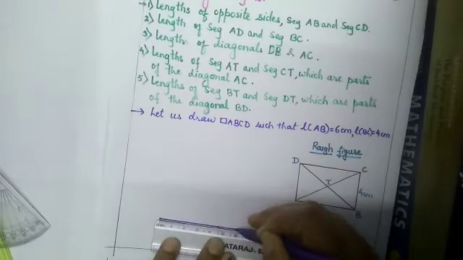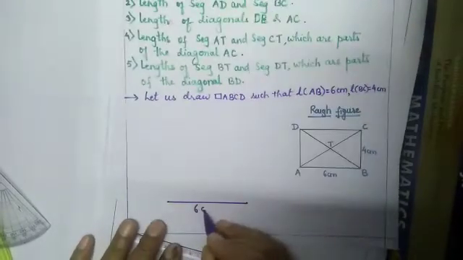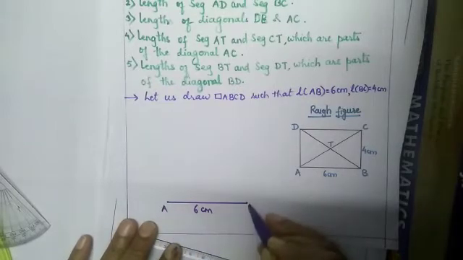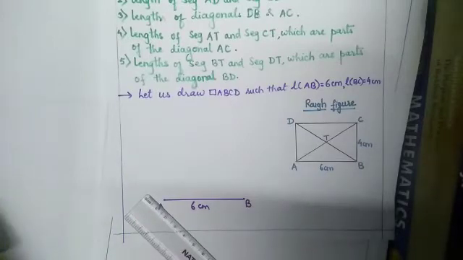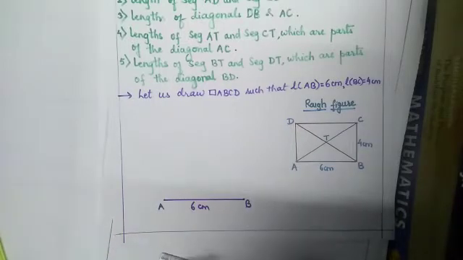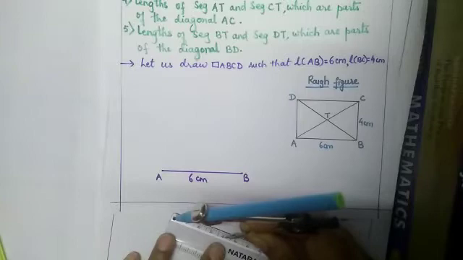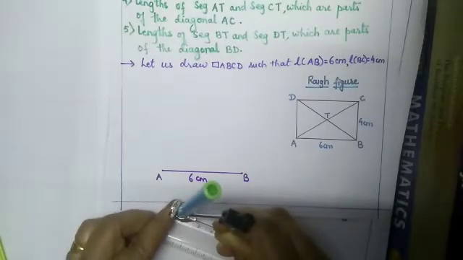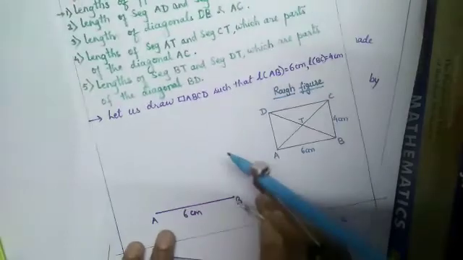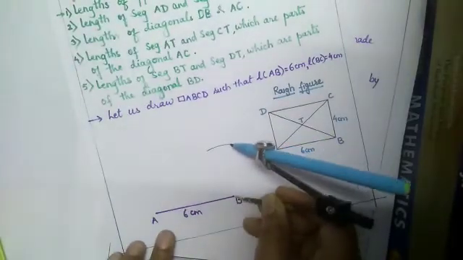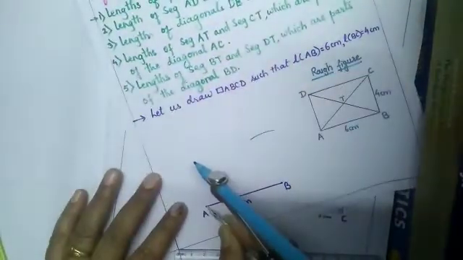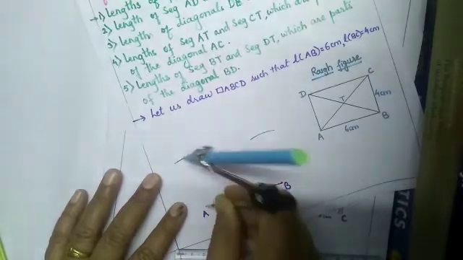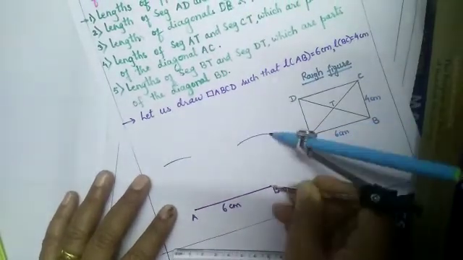Put two dots over there. Here I have taken 6 cm, and name this segment AB. Now from B, 4 cm. So 4 cm measurement means we have to take exactly 4 cm on our ruler, and take a compass. So I have taken BC as 4 cm, and as opposite sides are congruent in a rectangle, from A also we will take 4 cm. Here a 4 cm arc, here also a 4 cm arc.